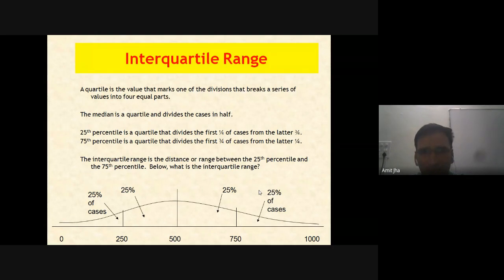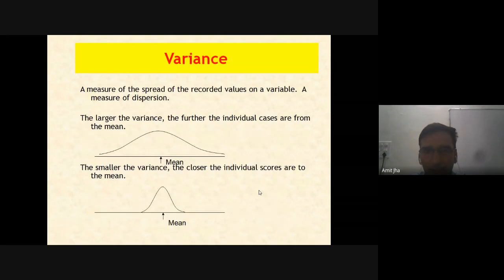So the interquartile range is the distance, or a range, between the 25th percentile and 75th percentile. So this is how this is made. Now variance. As I have just spoken, the spread of the recorded values on a variable is measured through a measure of dispersion. So variance is one of the measures of dispersion, and the larger the variance, the further the individual cases are